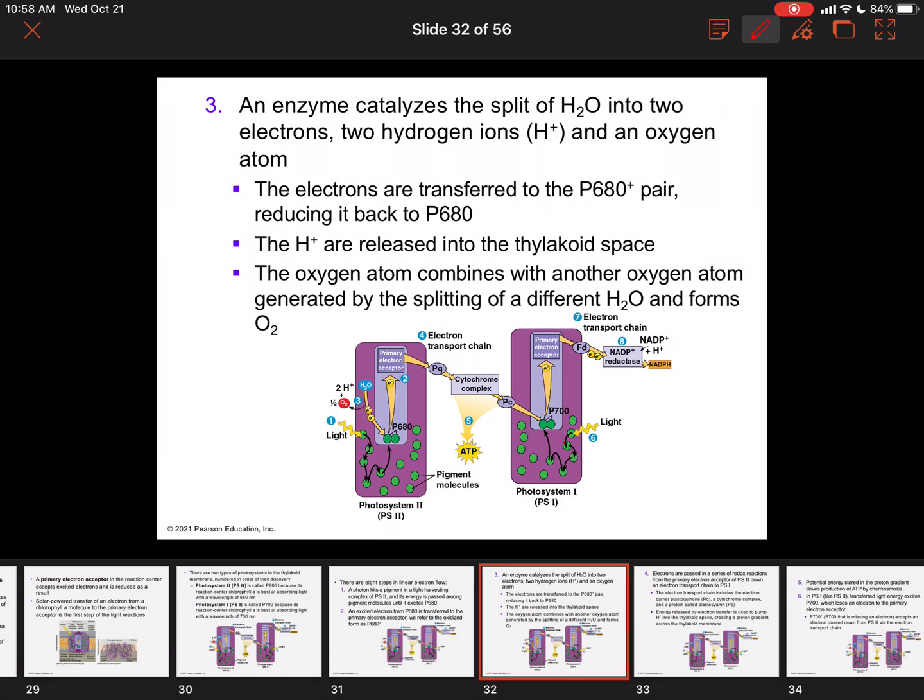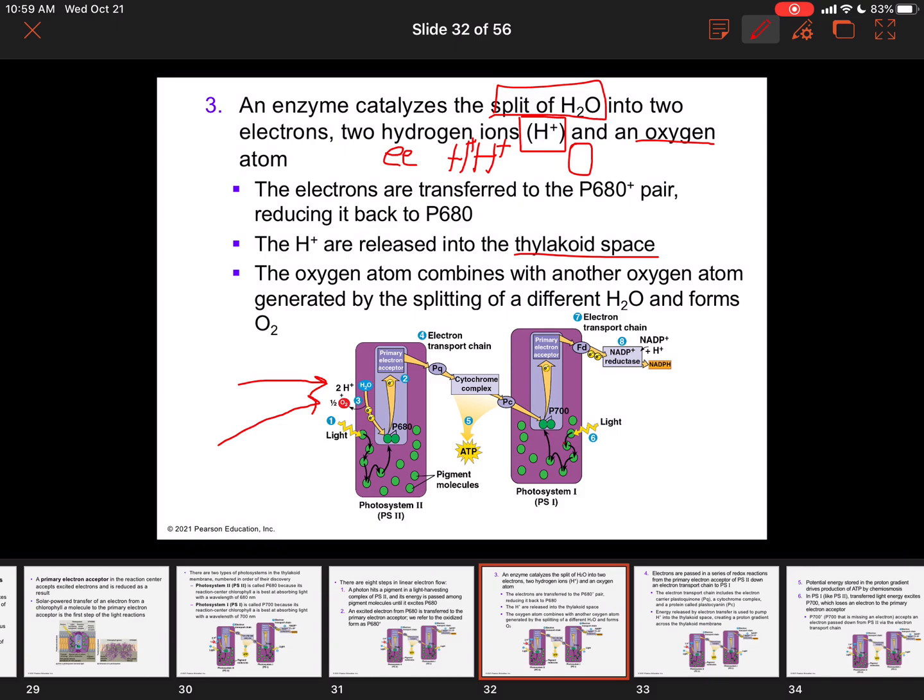In number 3, right here, we're going to split a water molecule into 2 electrons and 2 hydrogens, okay? And so the hydrogens are the proton portion of the H, and we've got an oxygen in there also, okay? So it's going to pull the electrons. So we're going to get 2 electrons. We're going to get 2 hydrogen protons. If we pull the electrons off, the only thing that would be left were 2 hydrogens and 1 oxygen atom, okay? When we do that, the hydrogen, here's the hydrogen right here, will be released into the